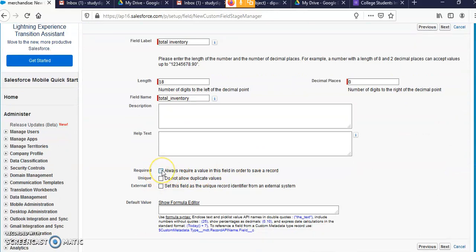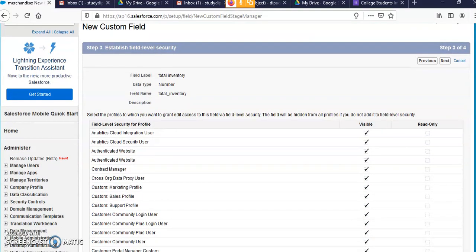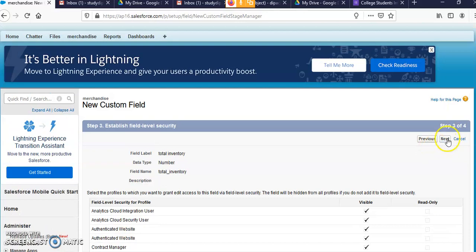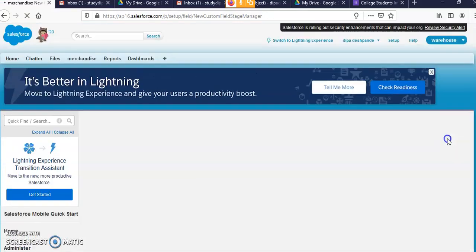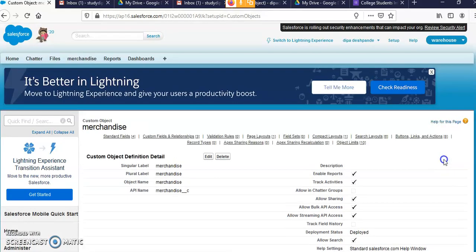You just click on this and Next. So this is the way we added the fields. Next and Save. Here we click on Save, because we added the 3 fields.